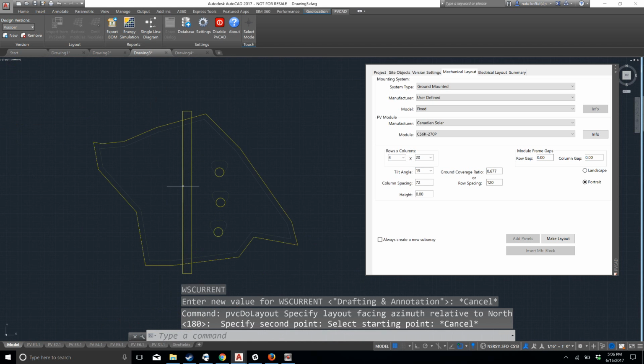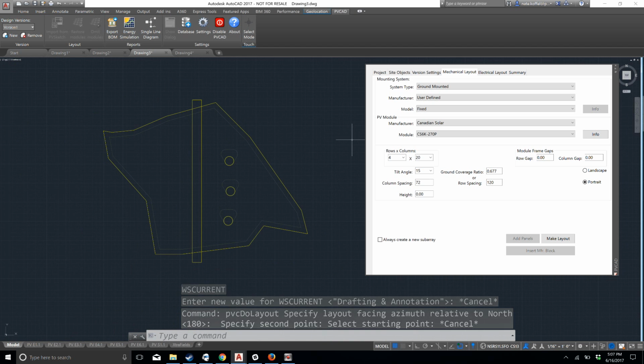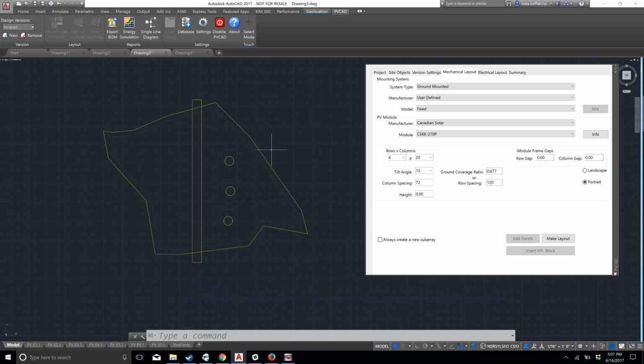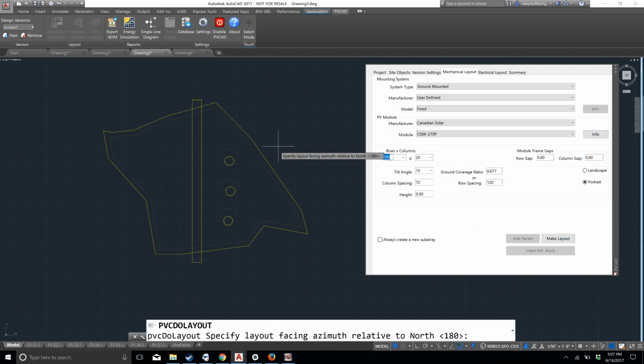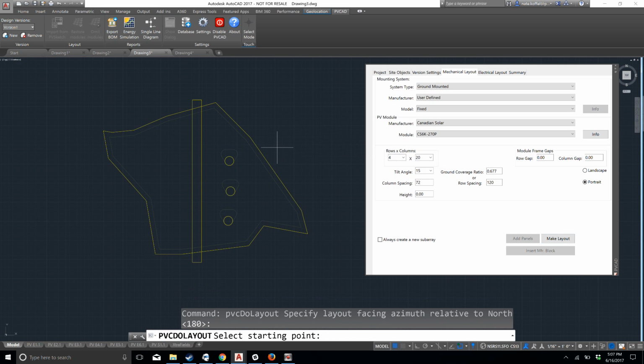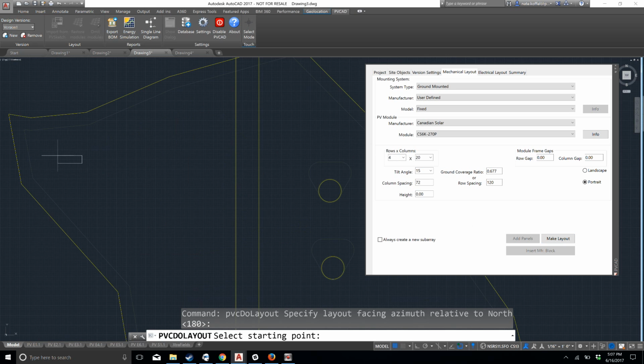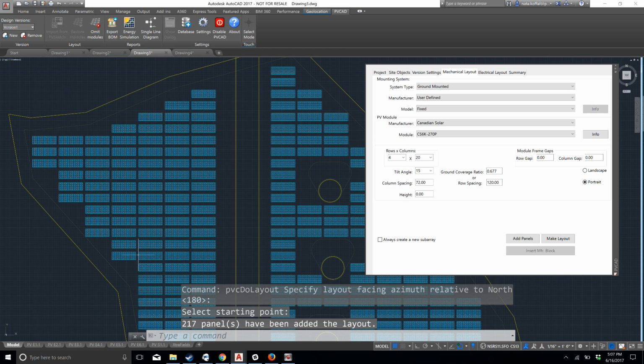But in this example, and in most ground mount, of course you're going to want to have the modules facing directly to the south. So I'm going to click Make Layout, press enter for 180. Here's the shape of one individual table. I'm going to choose where I want that table to begin, and I'm going to click with my mouse. It will ask me